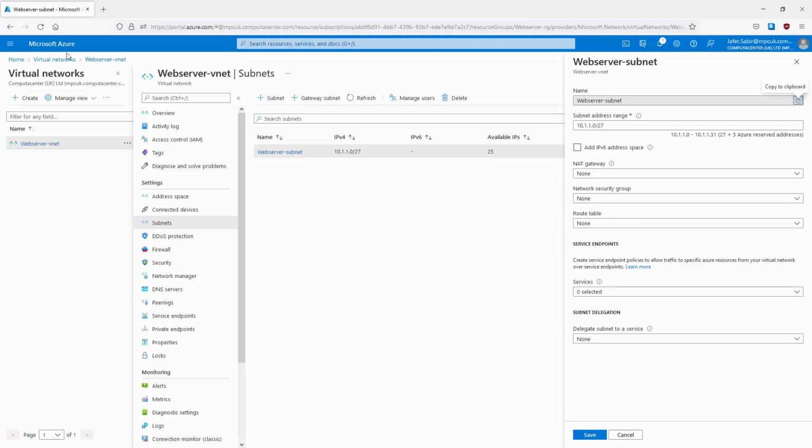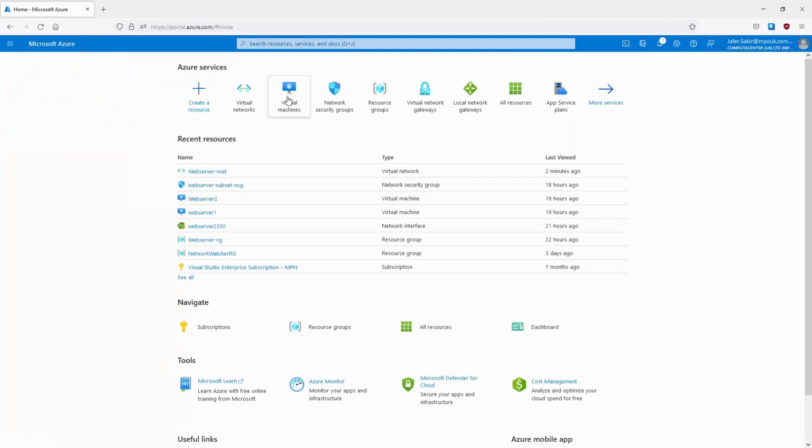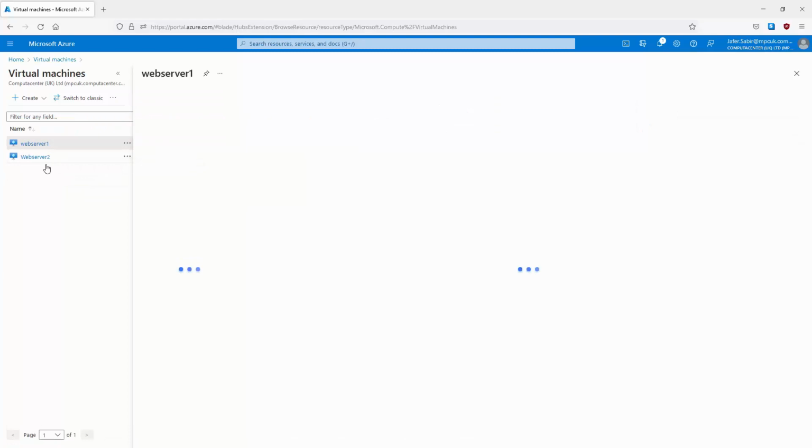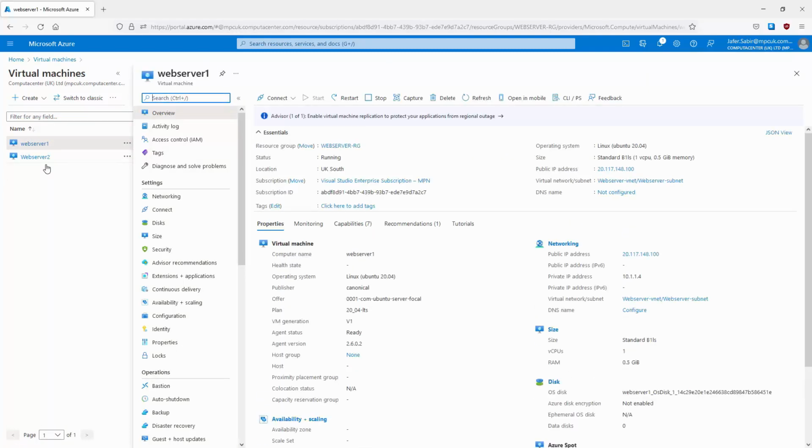And if we go back to the home page and we go to virtual machines, we can see our two virtual machines here, web server 1 and web server 2. We can see the public IP addresses here, so I can SSH to them. And if we go into web server 1 here,